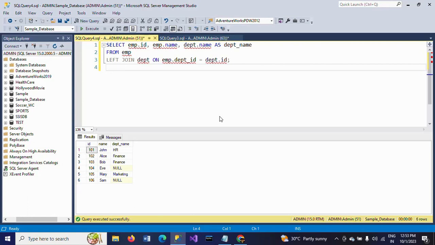your left join picks everything from the left table and only matching records from the right table. So if there is no match in the right table, it will show nulls. We already know that no department is assigned to two employees in the employee EMP table. That is the reason for those two employees the department name is showing as null. If I change this left to right,